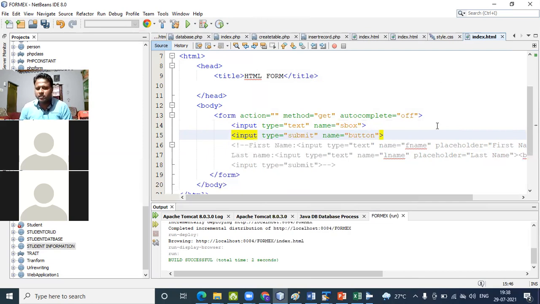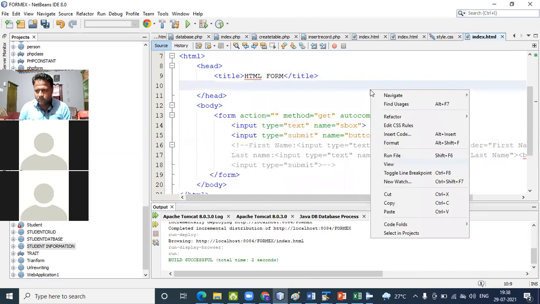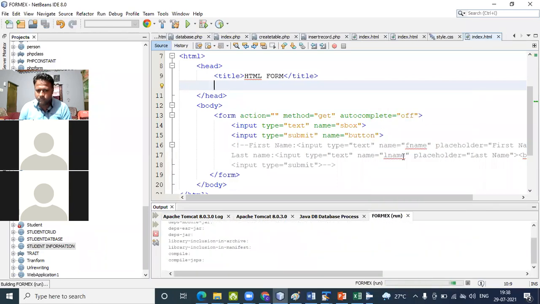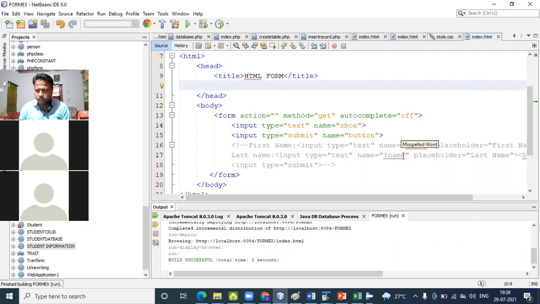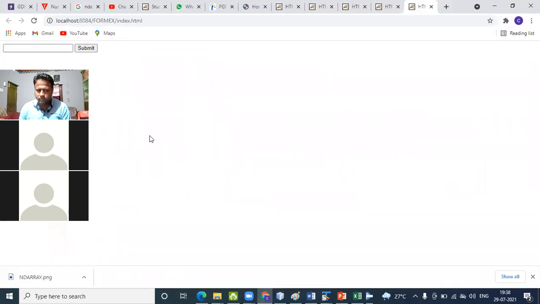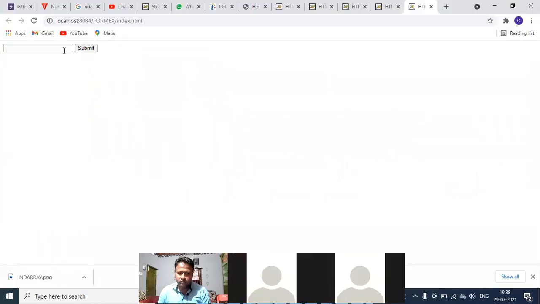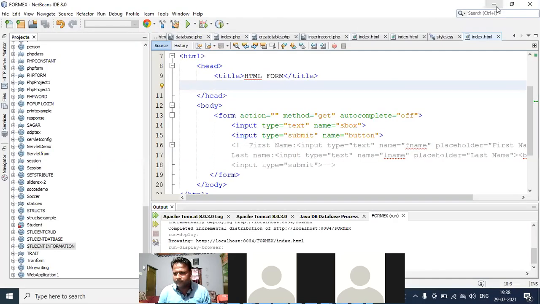Okay, so when you run the file, it is visible in the URL.